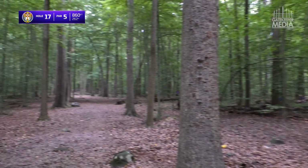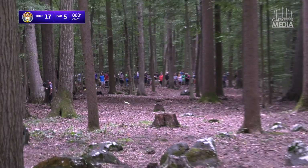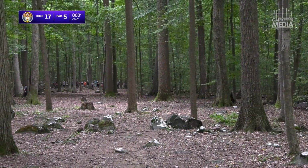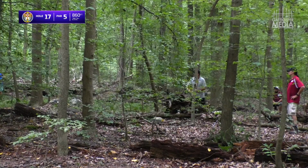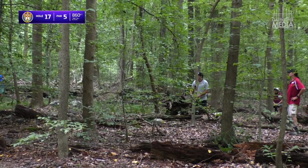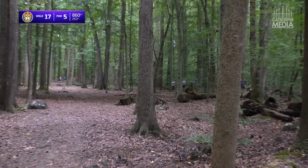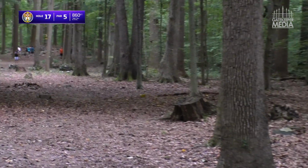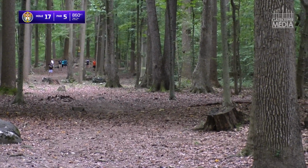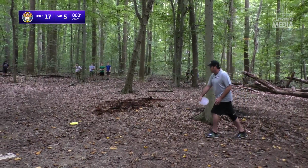So we're going to see a forehand. Get down there. Nice shot from Zach. Yeah, keeping it right in the center. All right, 2 shots down, hopefully one more to go. Even if you go off a little bit, he can still... It's tough to get the birdie from there, but up and down for the par is definitely...